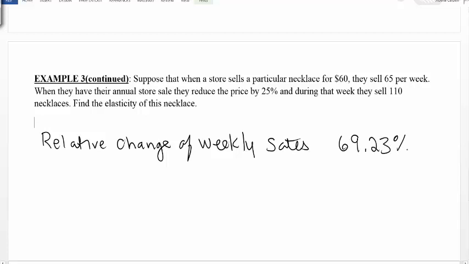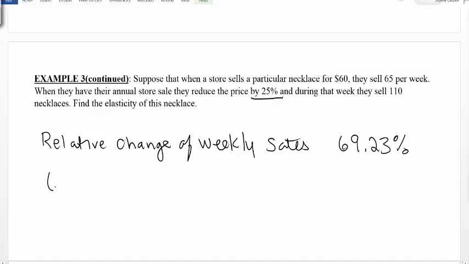In order to talk about the elasticity, we need not only the relative change of the product, of the number of products, but also the relative change of the price. Now here, you may have some intuition that this 25% is really important. And it is. It turns out that that is the relative change of the price. But we can calculate that out just to be sure. So if we have a 25% discount,